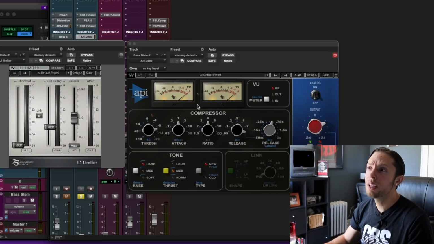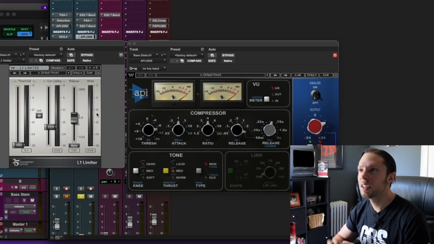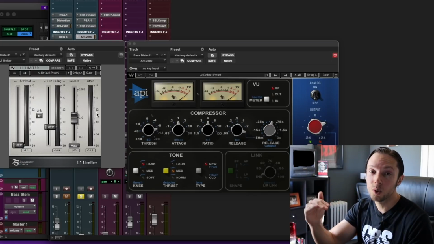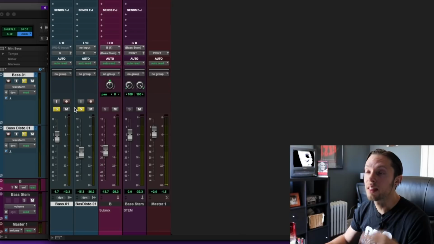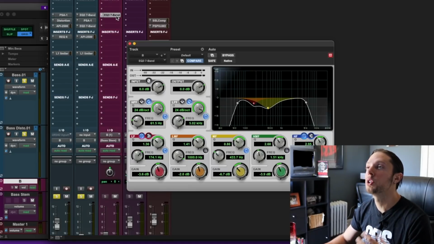So around 3 dB on my compressor and around 12 dB on my brick wall limiter. The exact amount really doesn't make or break this distorted track. The idea is that it's nice and in control and similar as far as level control to my main bass sound. So now these two tracks are being summed and routed to my bass submix, which just has a very